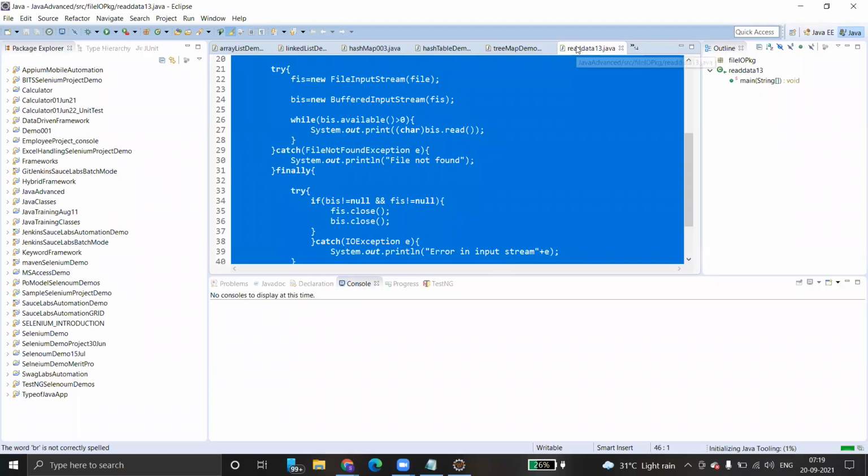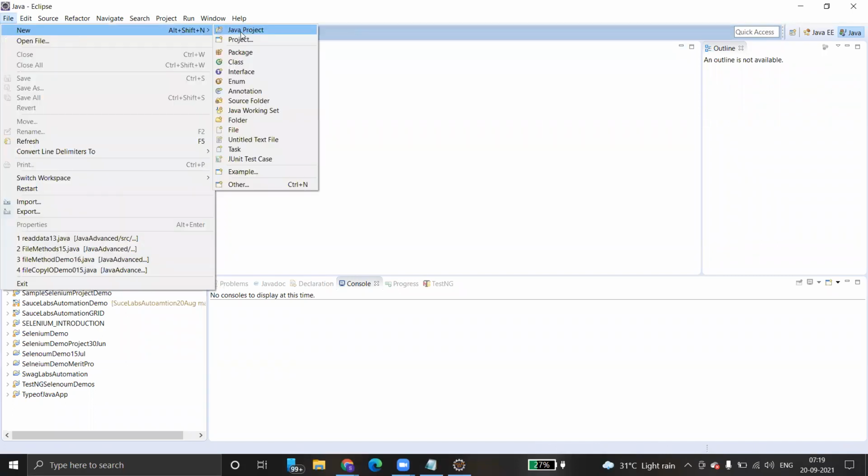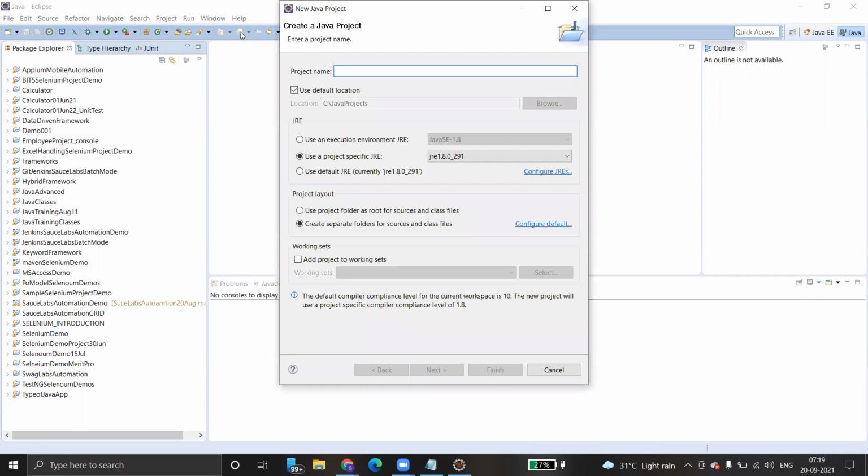Just close everything. Close all. File, new Java project. So you can see.